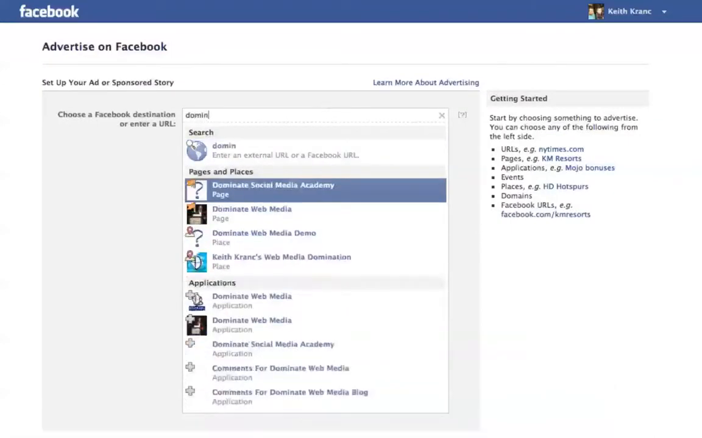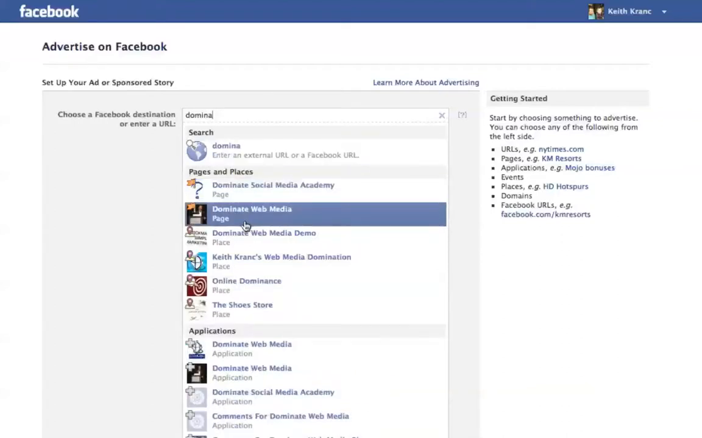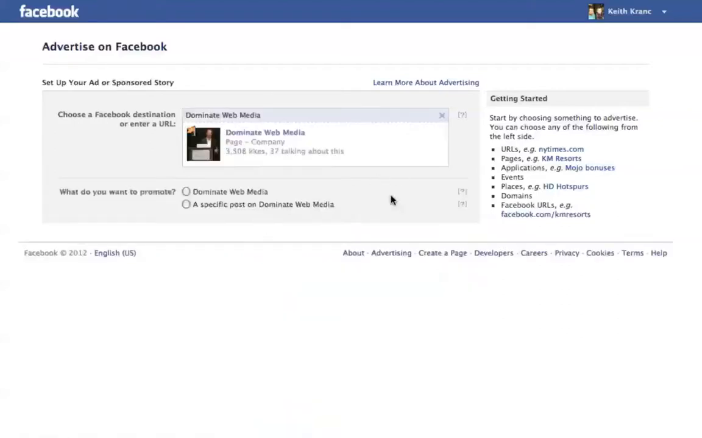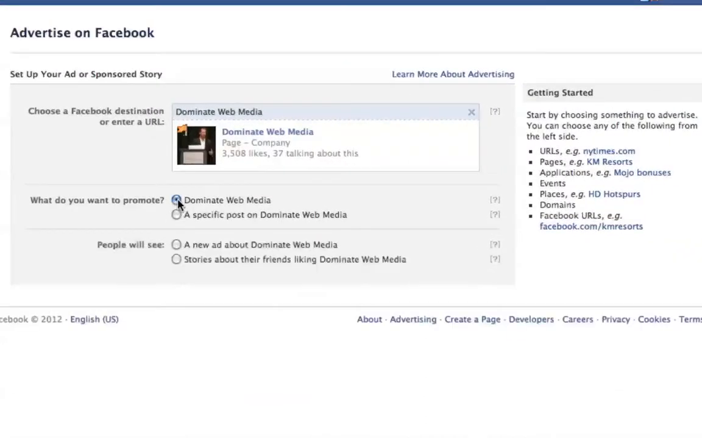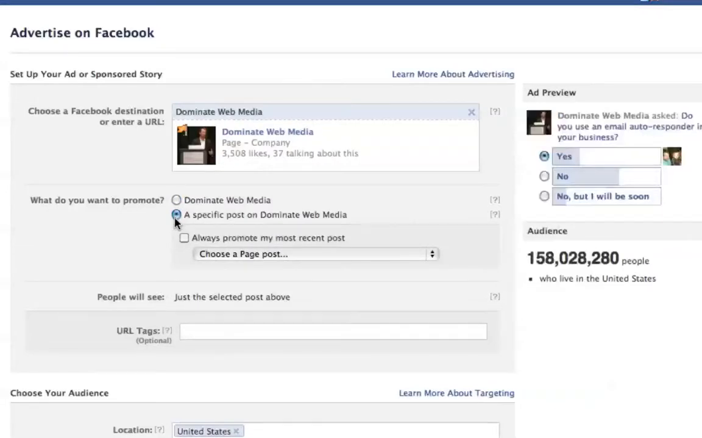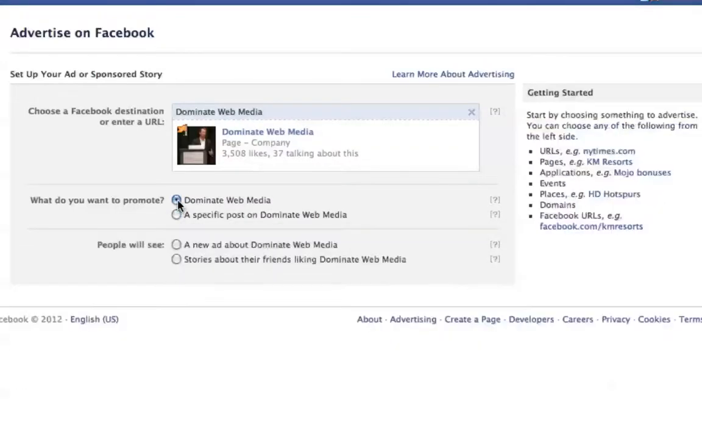So I can search Dominate Web. There it is. See, there's my page right there. If I want to choose my page, I can choose it right there. And what do you want to promote? Dominate Web Media or a specific post on Dominate Web Media? If I want to just promote Dominate Web Media, I can